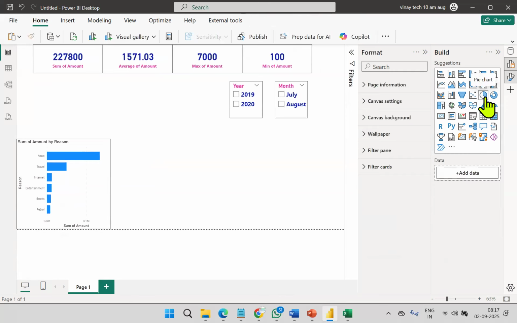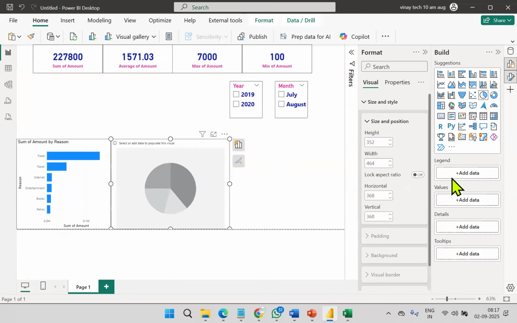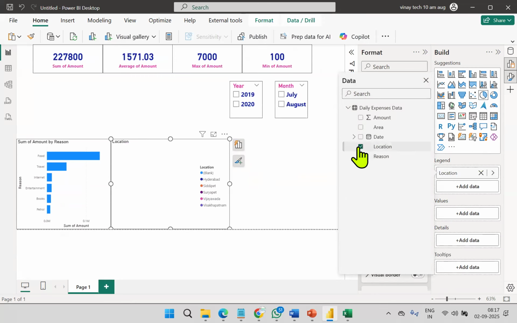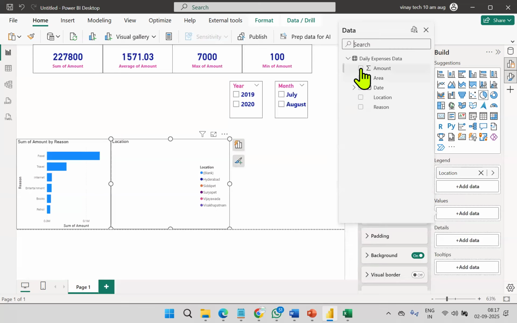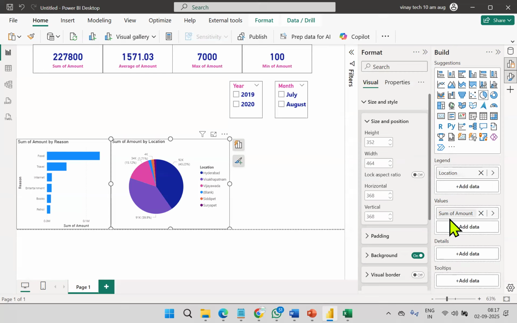Similarly, pie chart. There is a pie chart. In the legend, click legend, location, and at value level, amount. Location wise value. See, this is the location, amount.